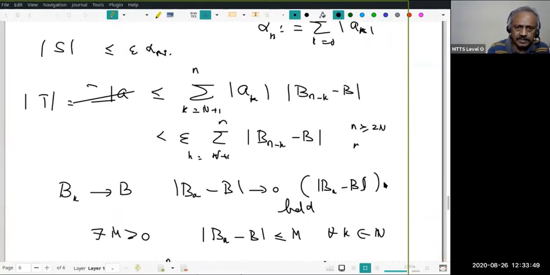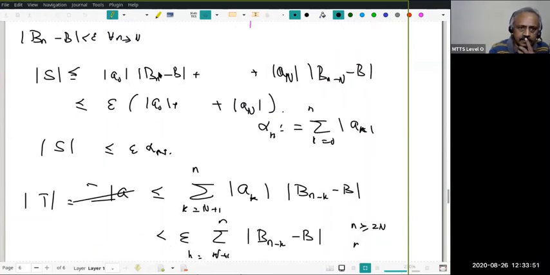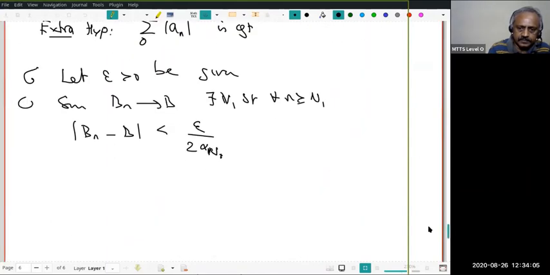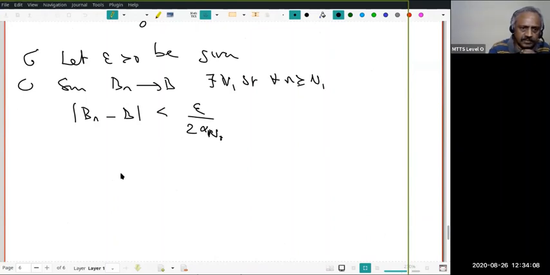Are you following me? Please go back. This is Bn. So up to these terms, I want to say it is less than epsilon. When do I know that? When my n is greater than or equal to capital N1, 2N1. You understand? Okay. There's a slight subtlety. I want you to go through it in a very naive way and try to understand and see how we overcome the difficulty. Very good. So this is epsilon by 2 into alpha, perhaps n1. I don't know. Okay, right.